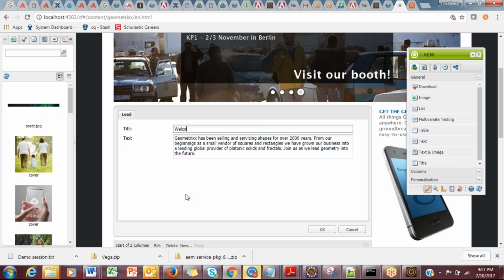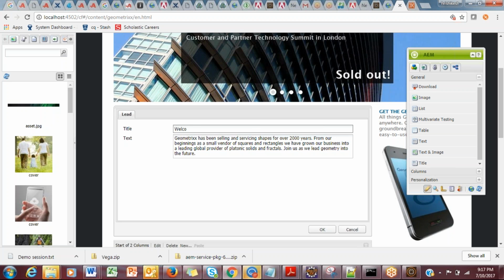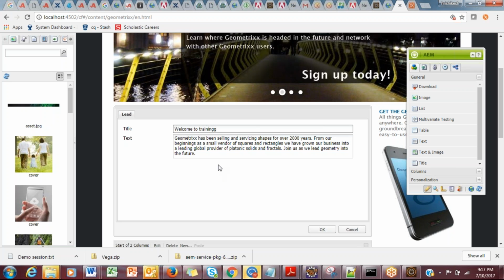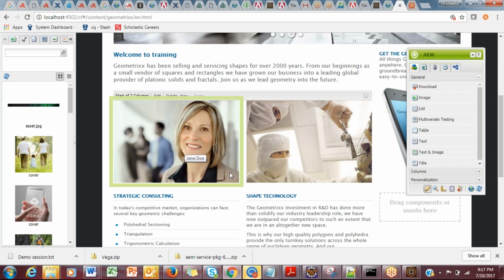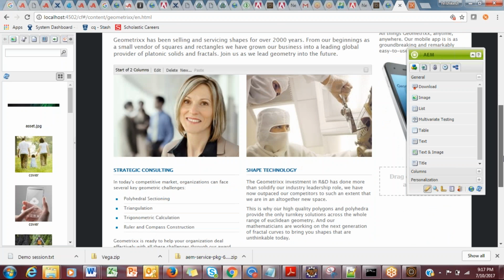The way authors can interact with the content on your website is by using this dialog. This pop-up that you see here is called the dialog. And you just change this and this changes. And let's say I'm unhappy with this image. Every component, this is the image component, this is a text component.